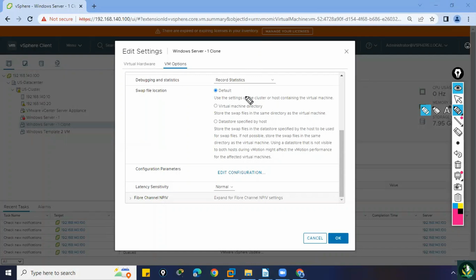Ahmed, any idea about latency? Latency means delay. Okay, I forgot. Rajiv, what is the meaning of latency? Delay. Delay. So let us say we have